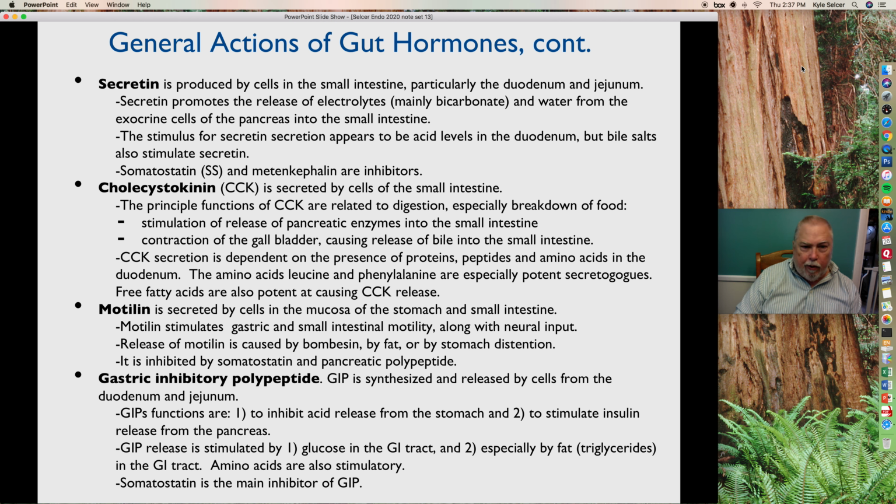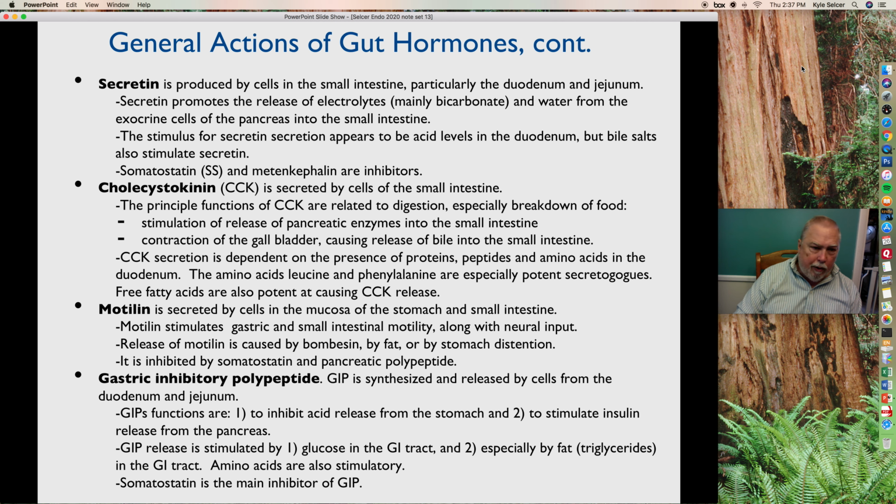Free fatty acids are also potent at causing CCK release. So leucine and phenylalanine means that you're in the stomach, you've broken down a bunch of proteins and peptides into amino acids, and these two amino acids are going to cause CCK release. But free fatty acids, which are also freed up by the churning of the stomach, are going